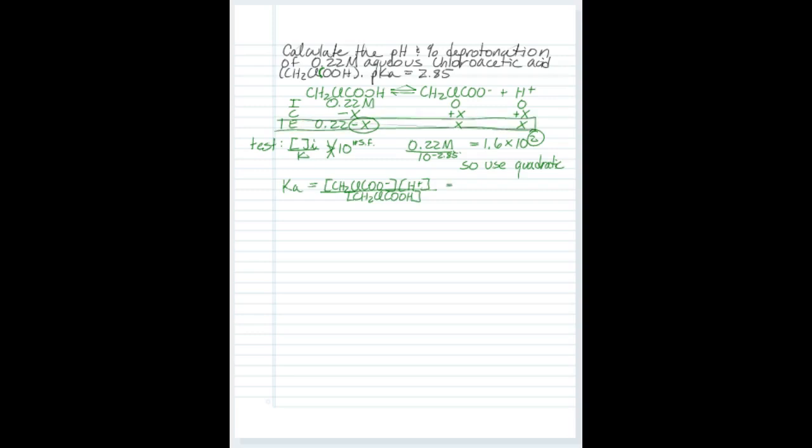And what I end up with is x squared over 0.22 minus x. Okay. We are given the pKa, so we know what this equation is equal to. It's equal to 10 to the negative 2.85, since my pKa is 2.85. Okay. So now, let's